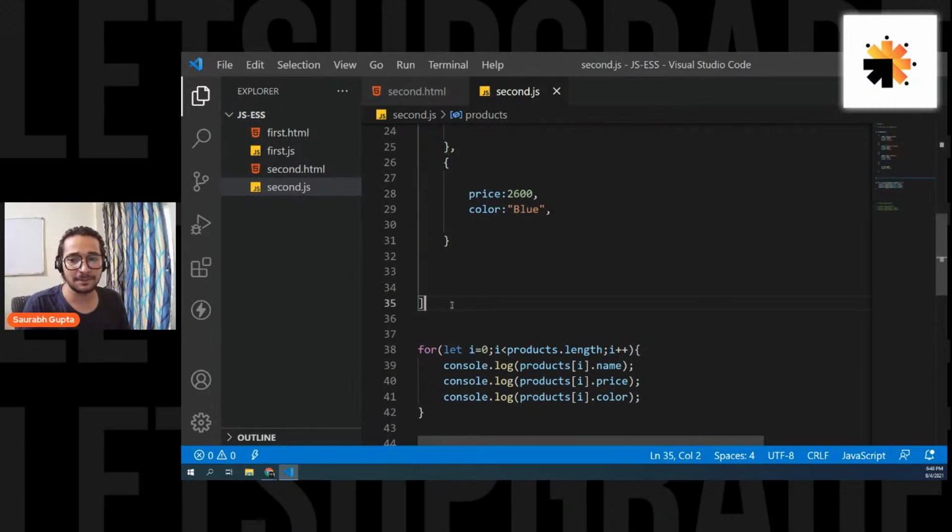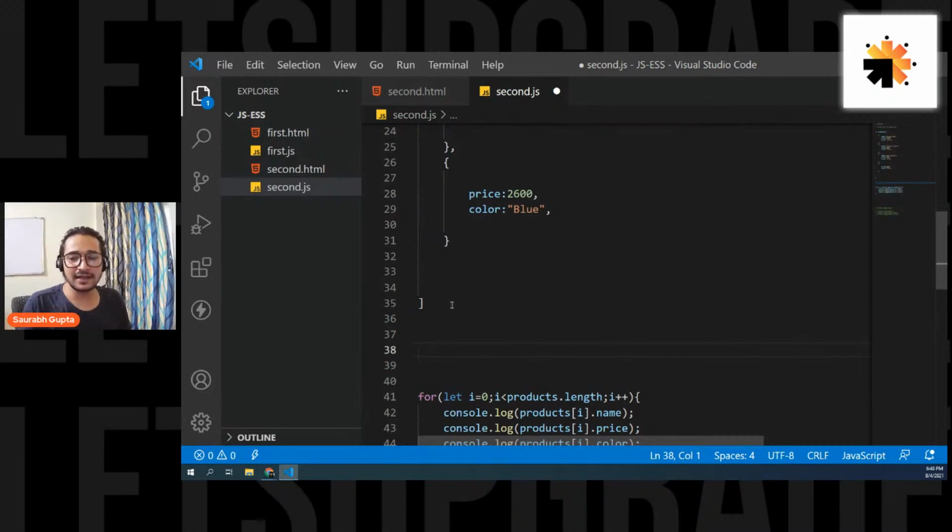For example, let's say you're trying to access a variable called age. I have not created age anywhere, so you'll get undefined. But if you have age declared like this, but there is no value, and now you try to access age, you will get a null. So the variable is there, memory is there, but it's not having any value, so it's null. But if the thing you're trying to access is not there, then you get undefined. Is that clear, Bishan Singh? So that's the difference between undefined and null.